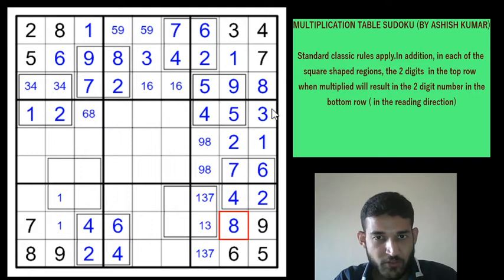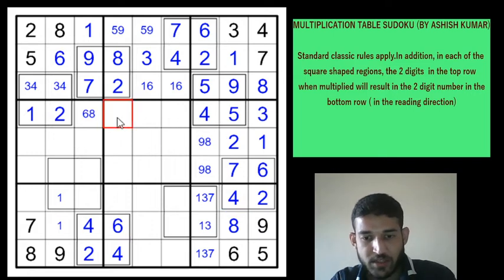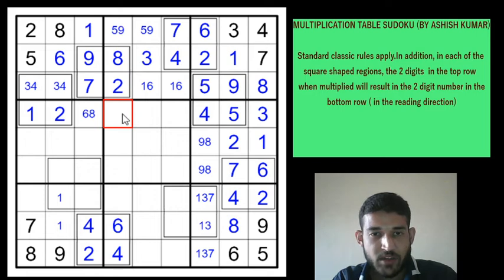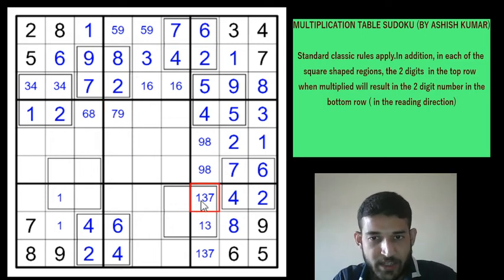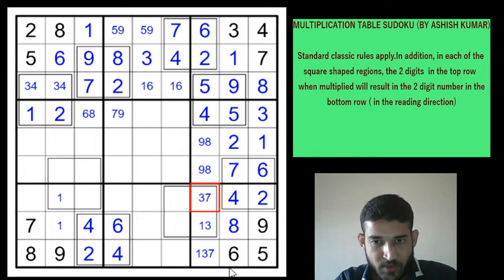Okay, along row 4 now, using classic rules, row 4, column 4 can only be 7 or 9, because 1, 2, 3, 4, 5, 6 and 8 are not possible, so this is going to be a 7 or a 9 only. Now I told you earlier that 1 can never be in the top row of a box, so this will be a 3, 7, right? Now let's pencil mark the left out digits along row 9, so this will be 1 or a 7 because of this 3, and this will be 1 or a 3 because of this 7.